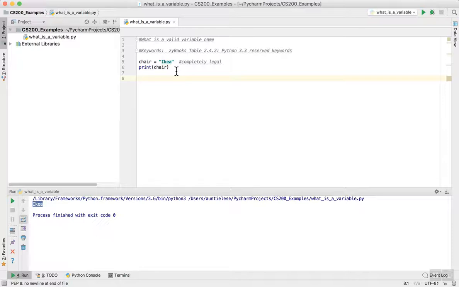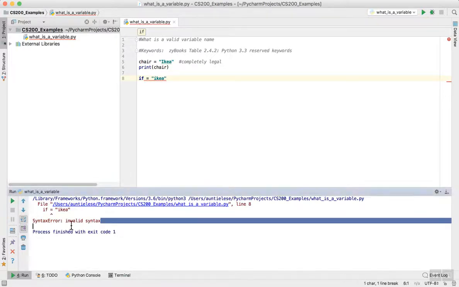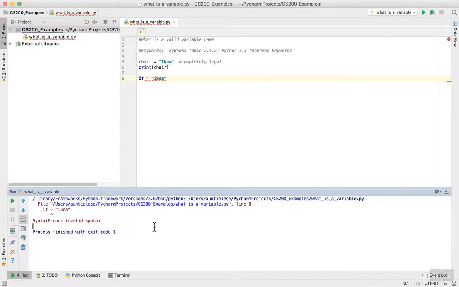instead, if I tried to name a variable if, and I set if equal to IKEA, what happens if I run it now? Well, if I run it, I get this error message, and you'll get a similar error message in Zybooks. It tells me invalid syntax. Well, why is this syntax invalid?